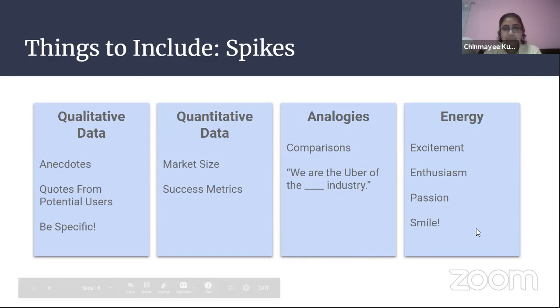Okay. And so lastly, we have just the common things that I think every pitch should have, and that I think adds a lot of flavor and spice to pitches. And these are spikes. So the first one is qualitative data. You want to have anecdotes, you want to have quotes from potential users, and you want to be specific. So if you heard a story or you read a story in the New York Times, quote it. Say like, oh, I read a story recently in the New York Times about such and such. The more specific you are, the more real you make it,